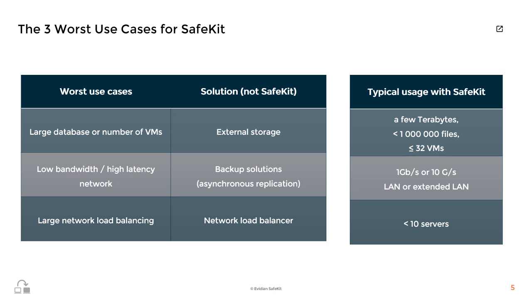In the first worst-case scenario of SafeKit, large data volumes can lead to significant resynchronization times after a failure. With a 1 gigabit per second network, it takes about 3 hours per terabyte, while a 10 gigabits per second network reduces this to less than 1 hour. Using external shared storage is an alternative but more expensive and complex.